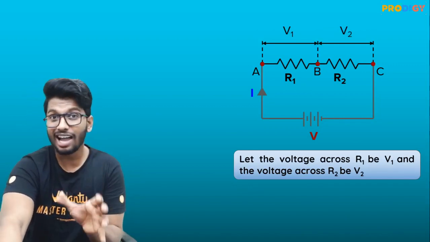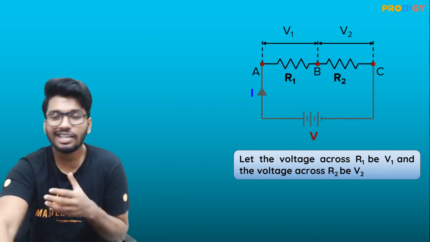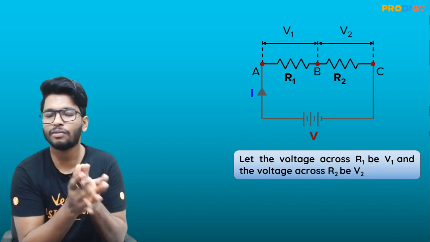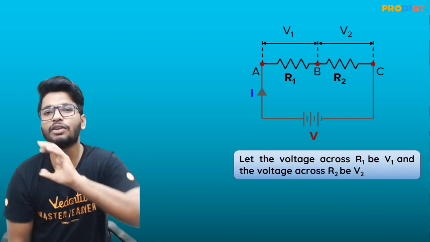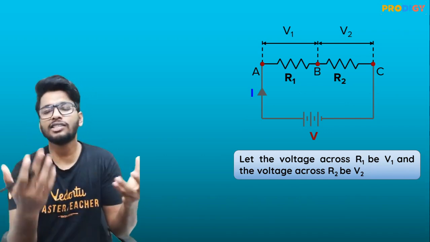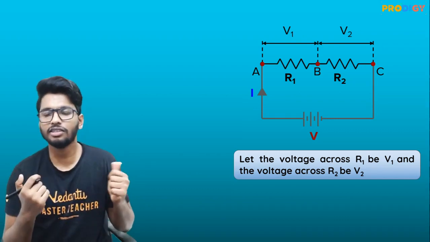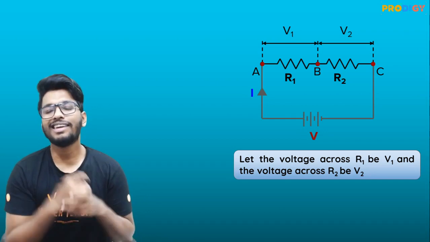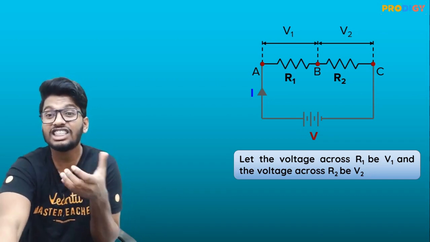So the voltage actually gets distributed. See, guys, the potential difference is applied by the battery. The battery is the one that is providing the potential difference. So for example, in this circuit, if I connect a 5-volt battery, that is a potential difference created inside the circuit, because that is the one creating the potential difference, right? So here what's happening is that the potential difference gets distributed.